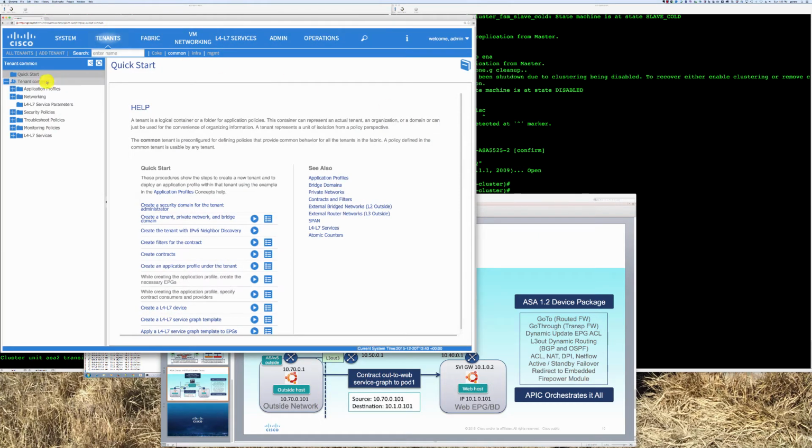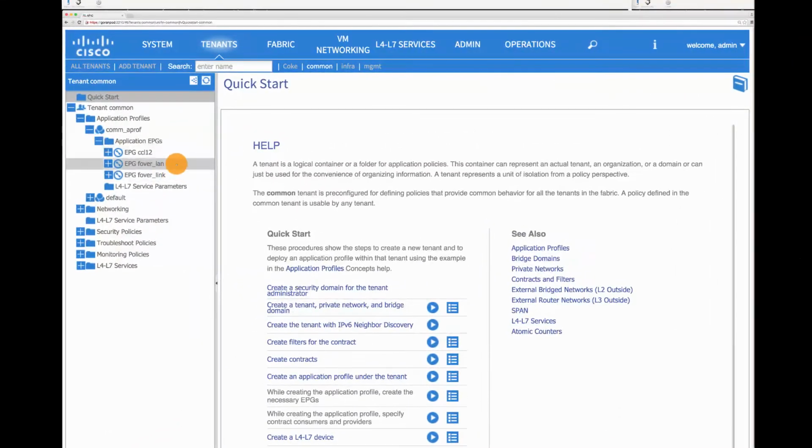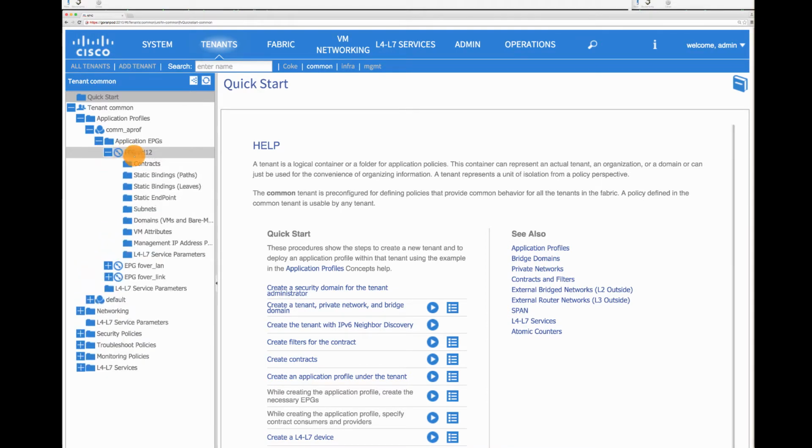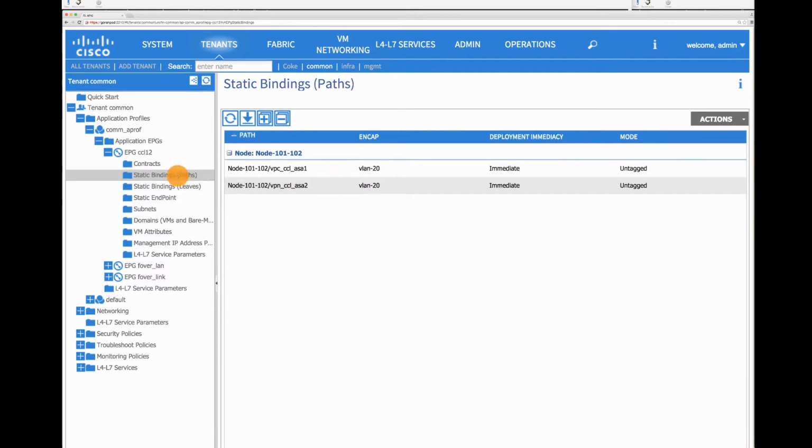APIC here. I have a common tenant here in place that has this application profile, and the EPGs that you see are all based on the control plane. So this CCL EPG that I have here is enabling our cluster ASAs to speak to each other. And if I look at its static bindings, the paths here, I have placed our two individual vPCs for ASA 1 and 2 into this EPG and put an encap VLAN 20 untagged so that these two ASAs can talk